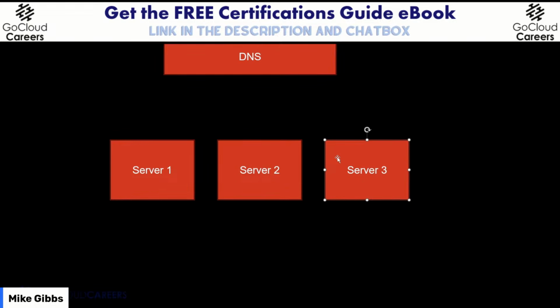It's exciting, right? So DNS, let's say traditionally, sends 33% to server 1, 33% to server 2, and 33% to server 3. Now, these servers could be in different clouds, different data centers, or they could all be in the same data center. We've just got a weighted routing policy that does 33% to one, 33% to the other, and 33% to the third. Done.